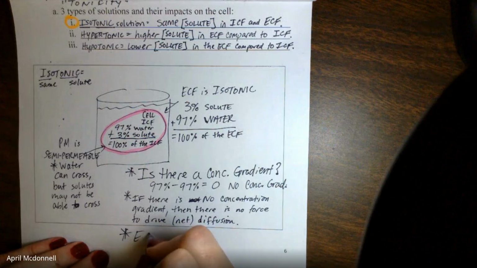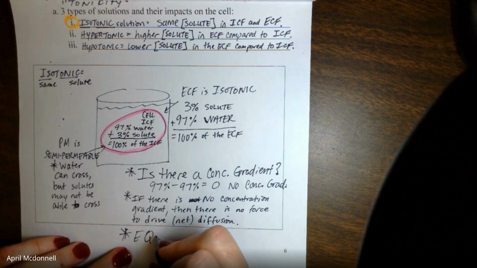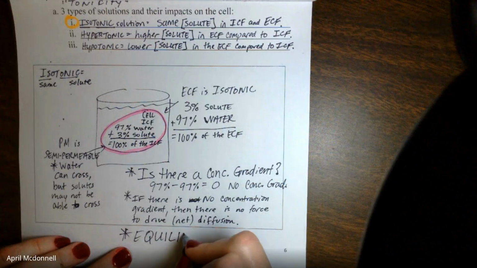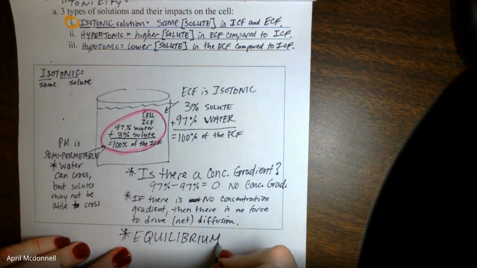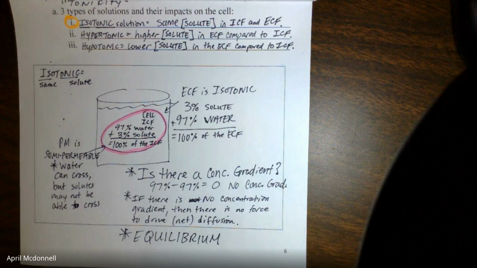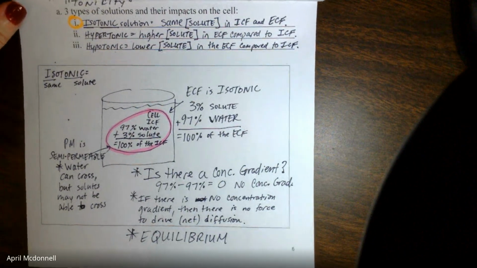This means that water must be in what we call equilibrium. It is equal in both the ICF and ECF. This is actually called dynamic equilibrium because the water is floating in and out of the cell, but it is always balanced across the membrane. We have to move on to the next one,